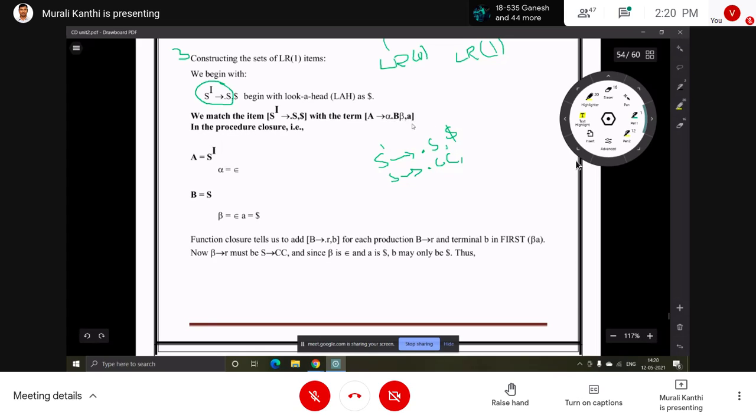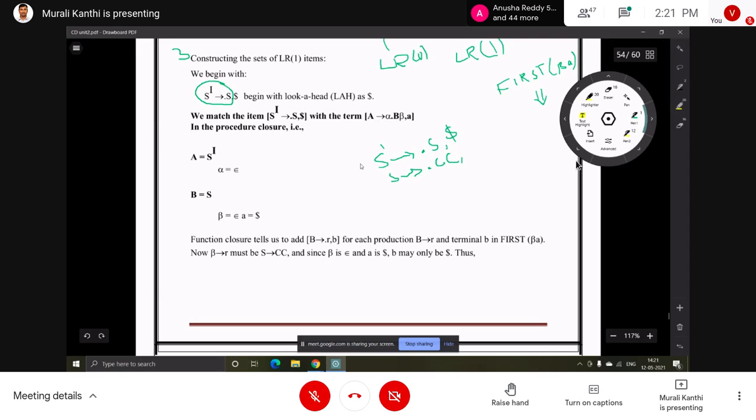So how do we add a lookahead symbol to this added production? That is based on this formula: first of beta A. Whatever we get, that will be the lookahead for this production. Why beta A?